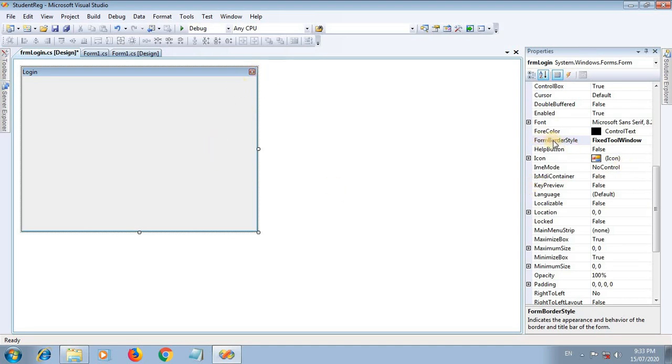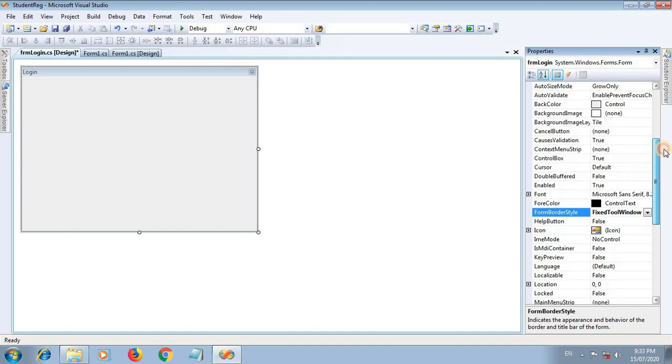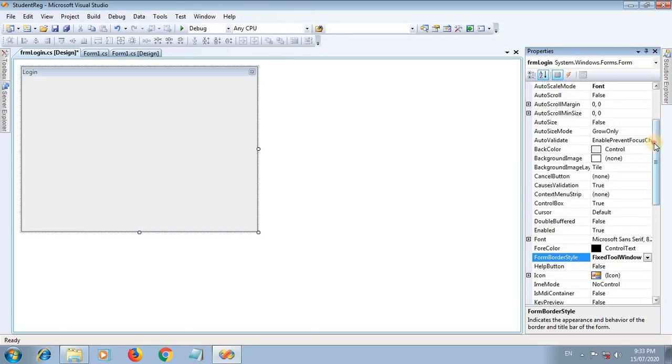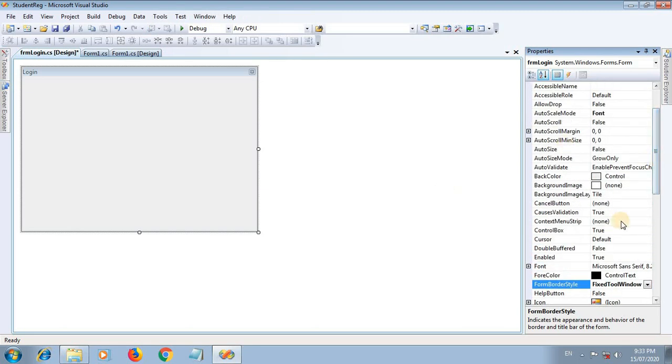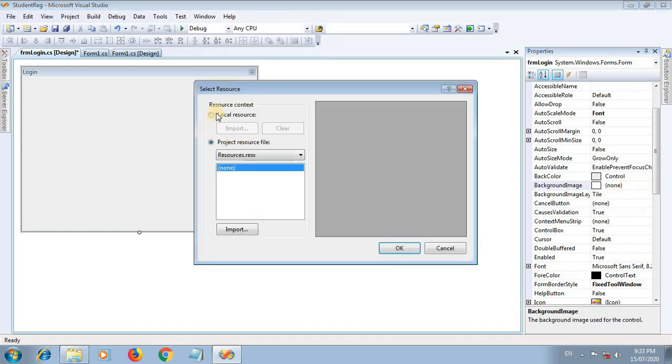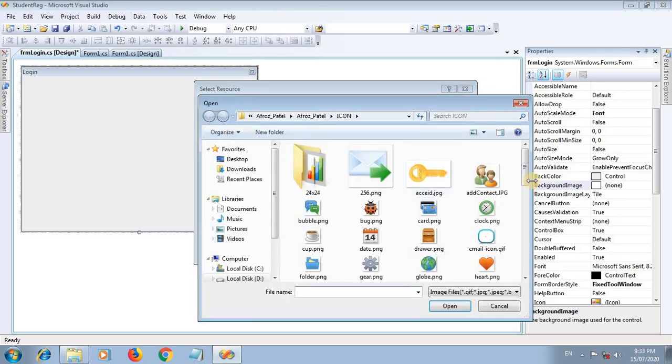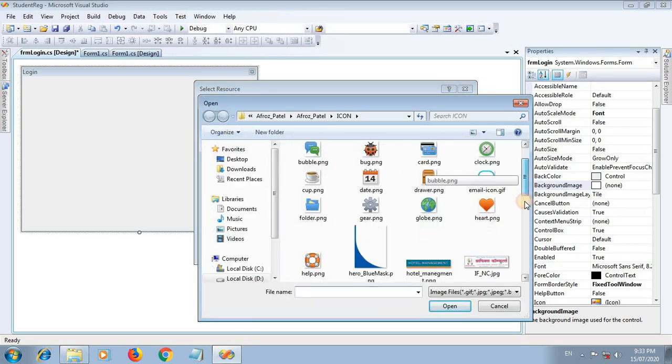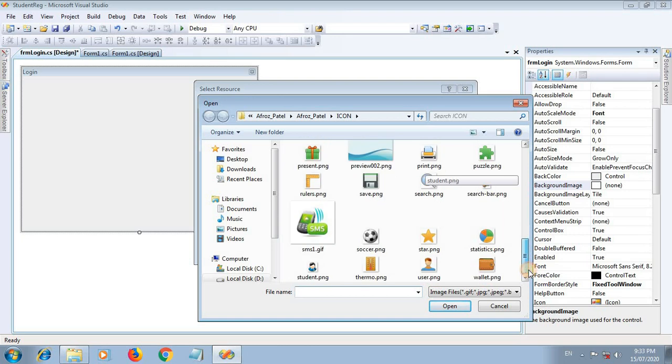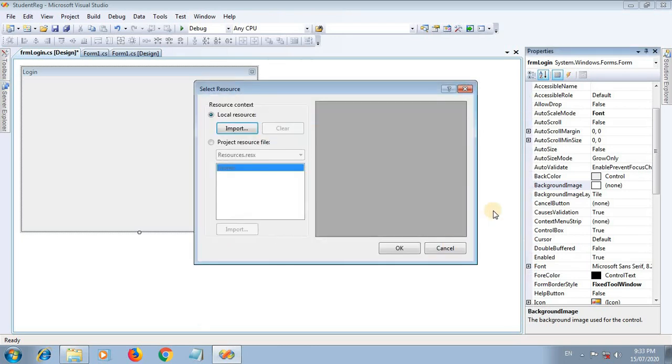After changing the form border style to fixed tool window, go to the next property of the form, that is the background image. So select a background image. I already have a collection of images. So these are some images, but